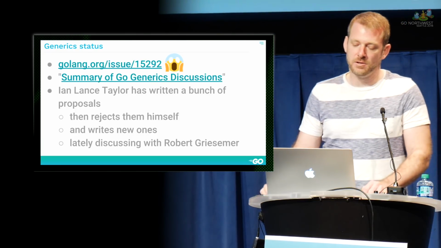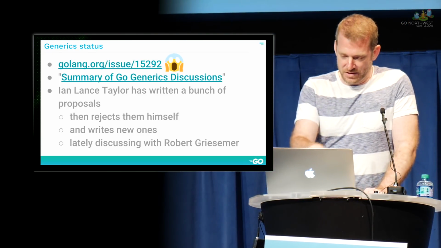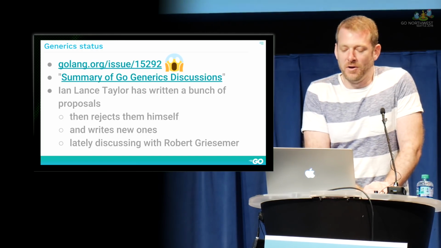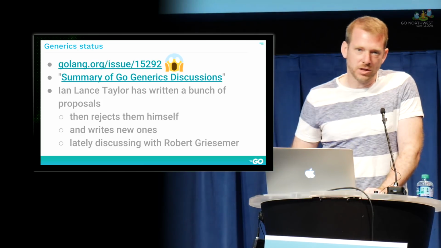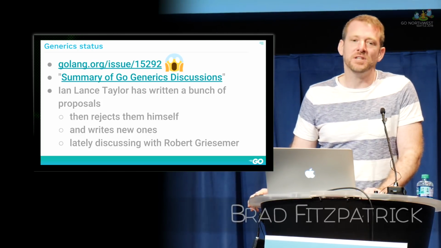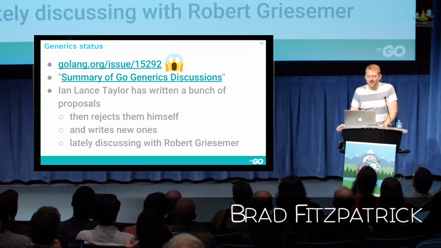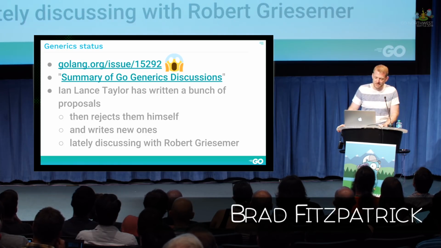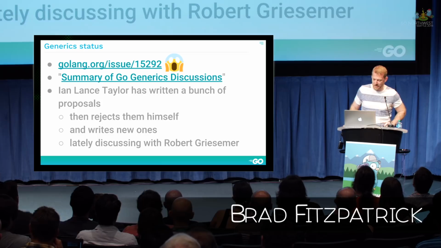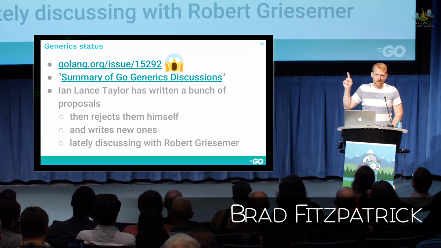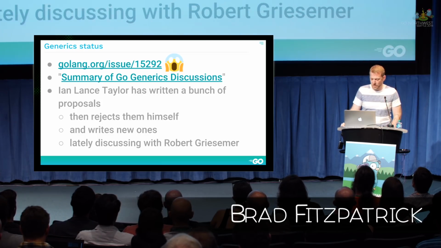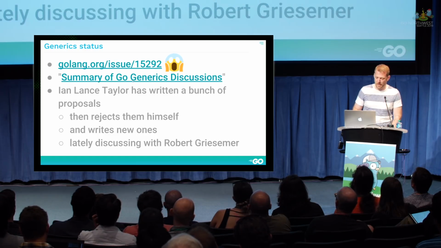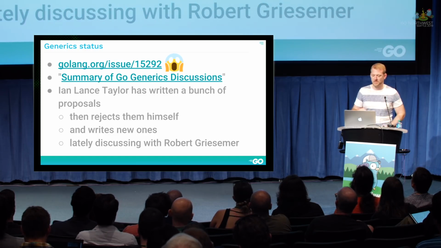In terms of status, there is an issue. You can go read this. It's kind of chaos. There's a lot of people that think, just add generics. Come on, you guys are idiots. Like, here's some syntax. And the answer is never designing a language by throwing out some snippets of syntax. The problems go a lot deeper than that. But there is good stuff in there. It's just really hard to find. And there's this community summary discussion that's actually pretty good that says all the actual problems and what trade-offs to make.